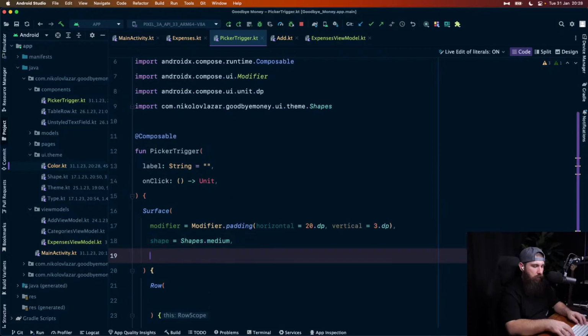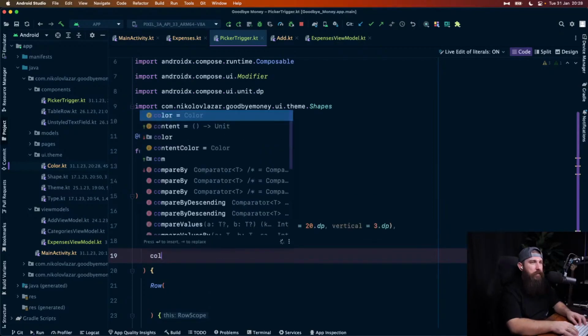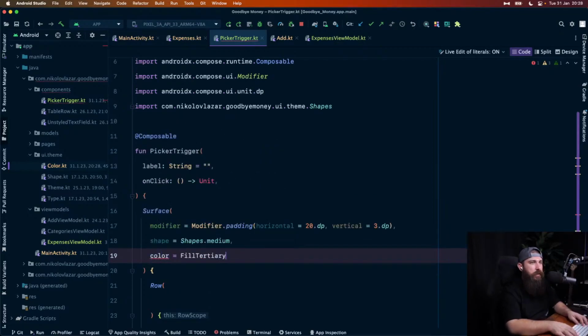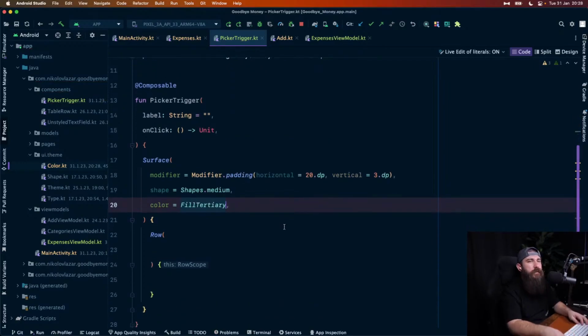Okay, color equals fill tertiary. There we go. Okay, so